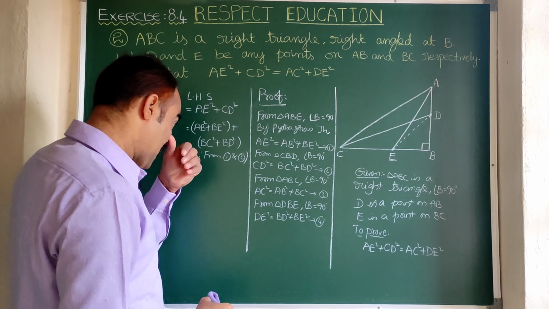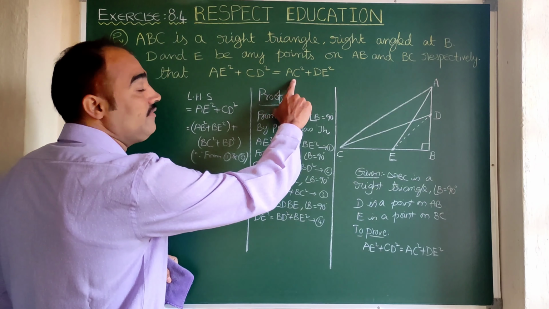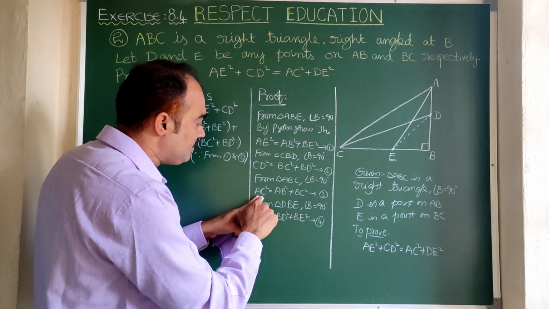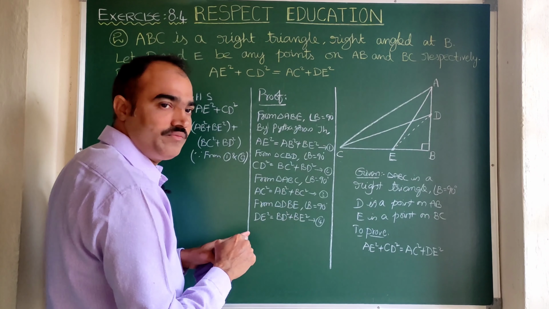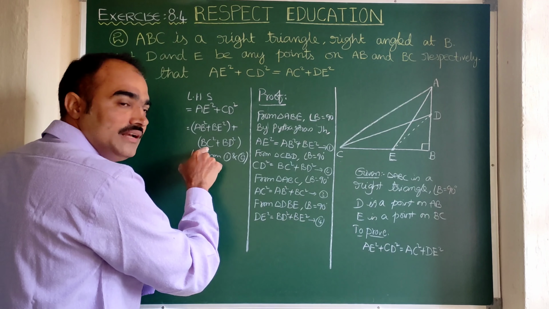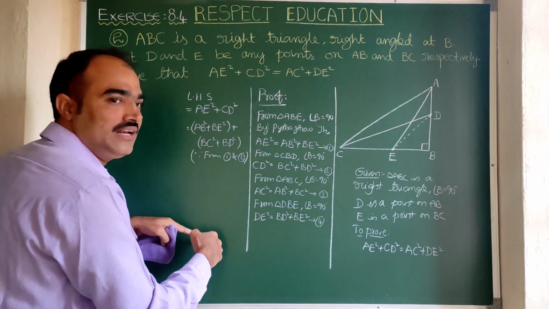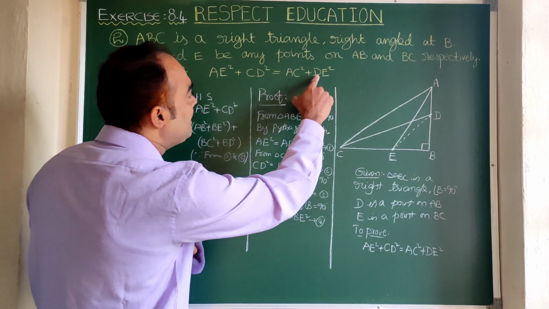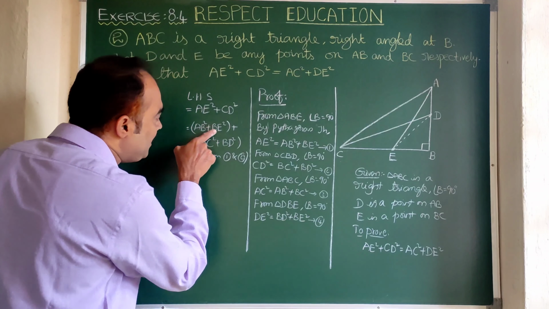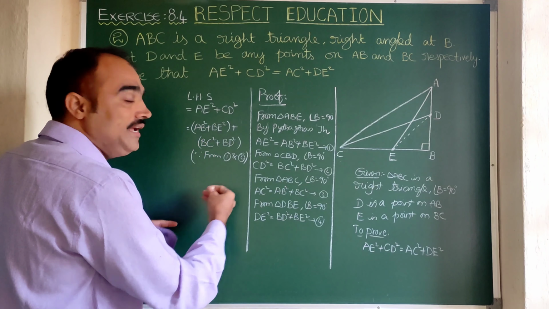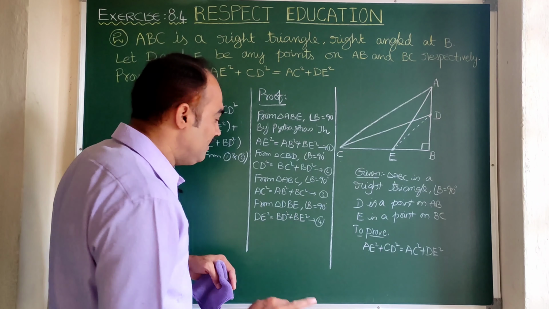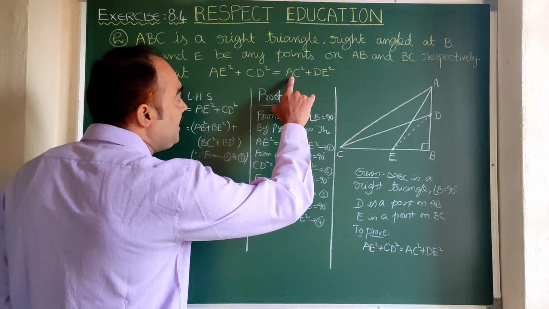Now just observe, the required one is AC square plus DE square. What is AC square? AB square plus BC square. If we write AB square and BC square together, then that can be replaced with AC square later. In the same way, you want DE square. What is DE square? BD square plus BE square. If you write BE square and BD square together, in the further step that can be replaced with DE square. Is it clear?